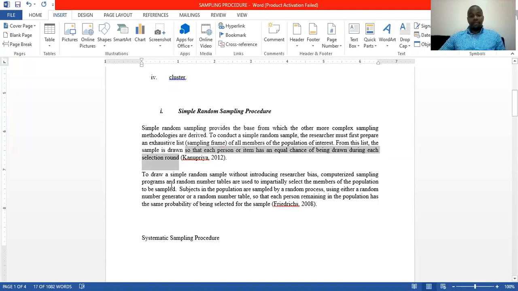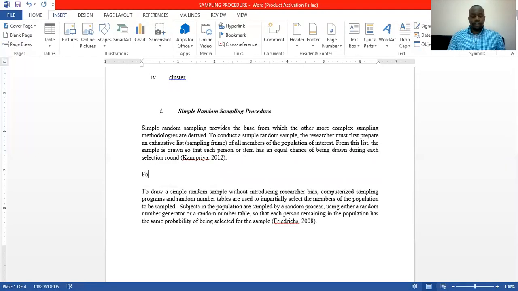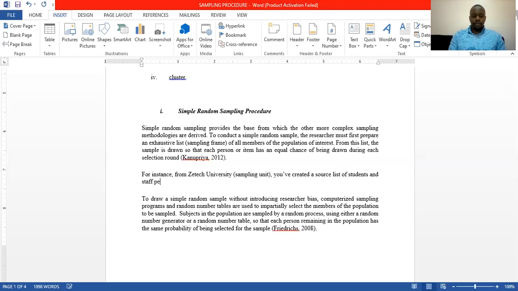Let me write here so that you can understand. For instance, from ZTech University, ZTech University is the sampling unit, right? You create a source list of students and staff per department, an exhaustive source list. Exhaustive means it contains all the members. Then begin to choose randomly from each department